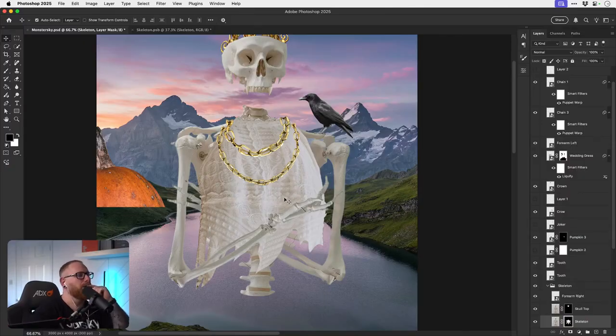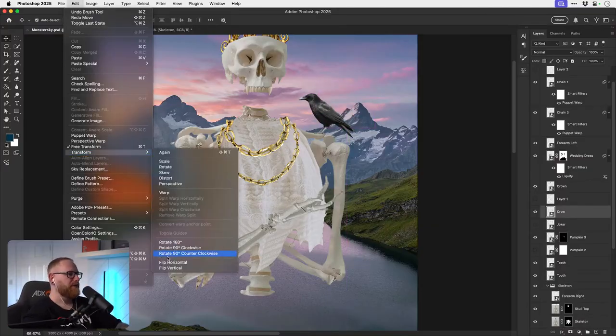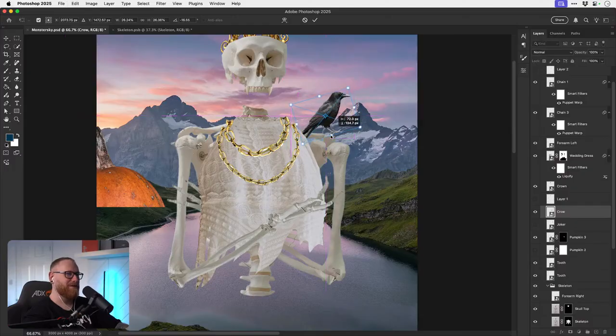What's he going to be holding? The raven? Pair of scissors? I don't know. What other images have I got?